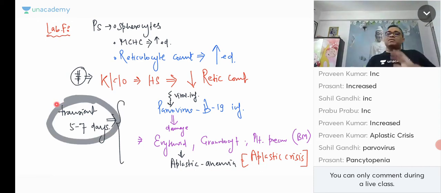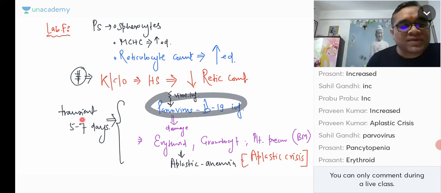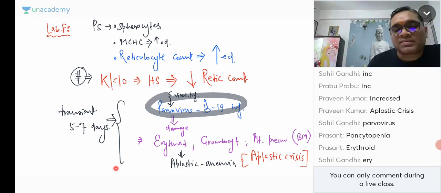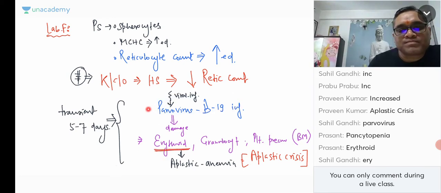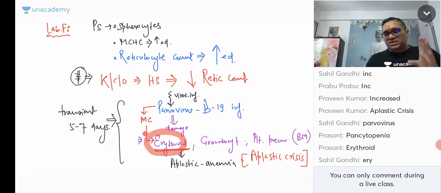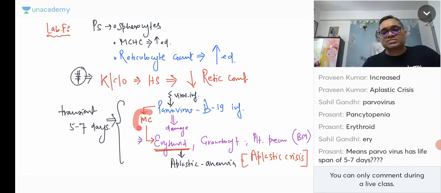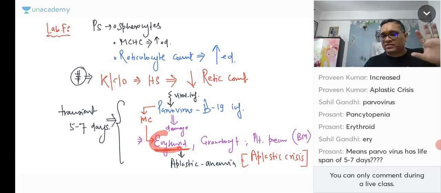Now come to the question which already came in a previous year exam. The question was, parvovirus B19 infection has the highest affinity for which of the following stem cells? That is a very important question. Remember, when the examiner asks, erythroid precursors are most commonly damaged by parvovirus. Please remember this point. This was a NEET question in 2018: parvovirus B19 infection in the bone marrow has higher affinity for destruction of which progenitor cell? The answer was erythroid progenitor cell, not granulocyte, not platelet. All will be damaged, but maximum affinity is for erythroid precursors.